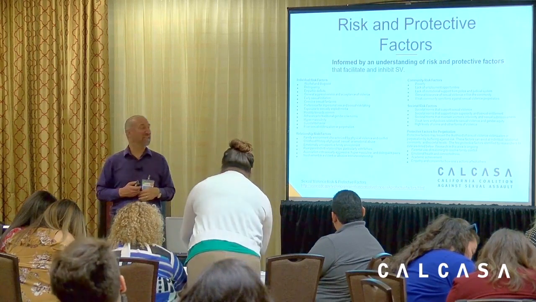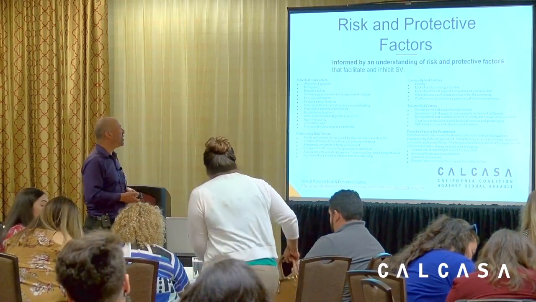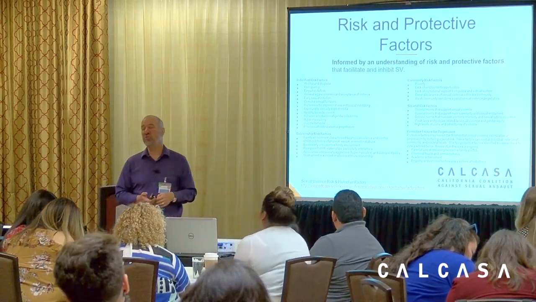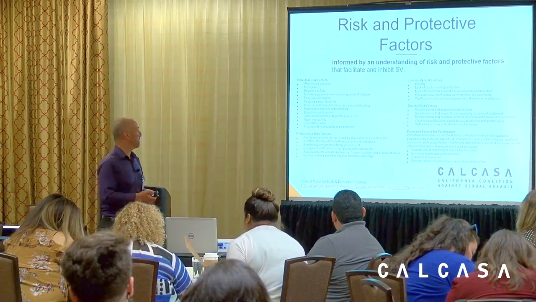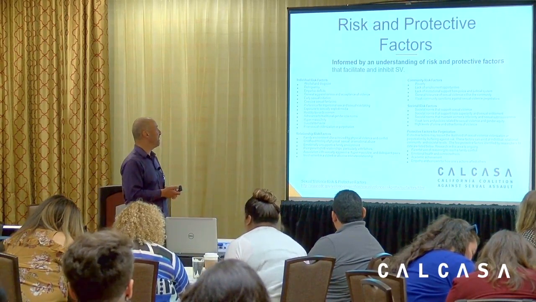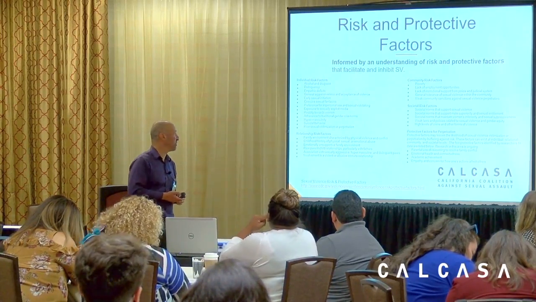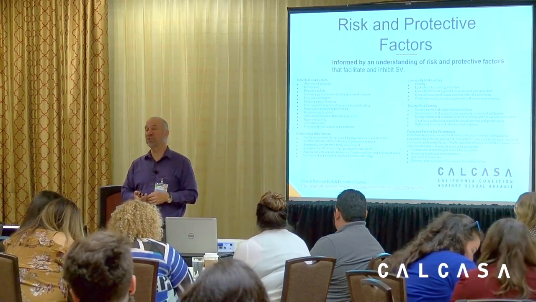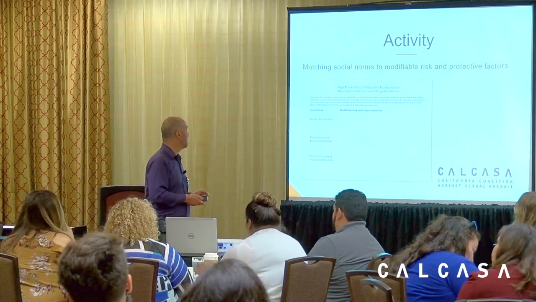So I recommend you look at these and spend time understanding them. We don't know as much about protective factors, but we do know some. Some of them are parental use of reasoning to solve problems, family climate, emotional health and connectedness, academic achievement, empathy and concern for how one's actions affect another. So there are some things they know that do protect people, and we want to think of ways to enhance those.